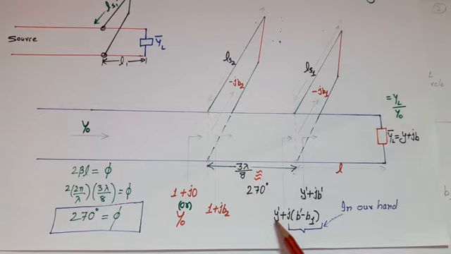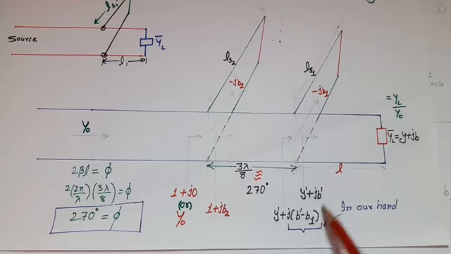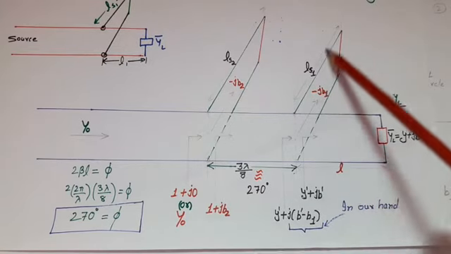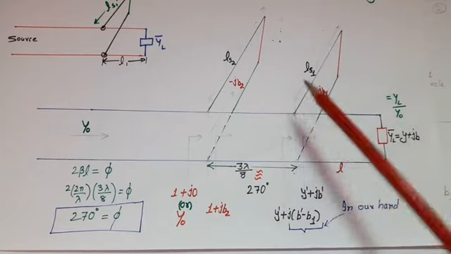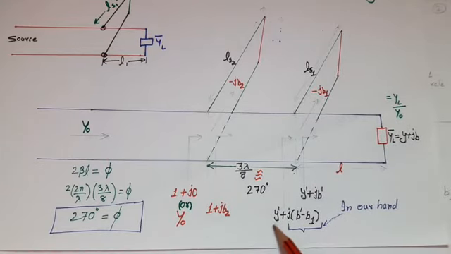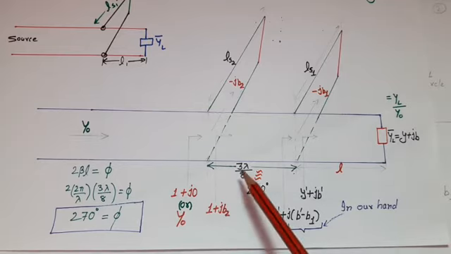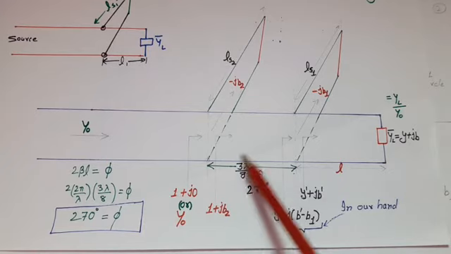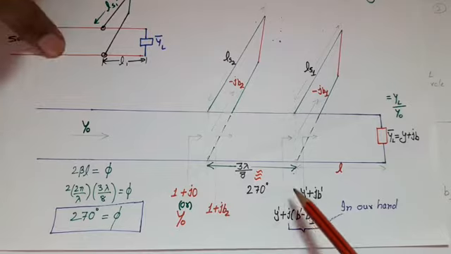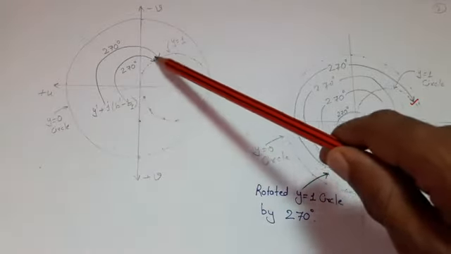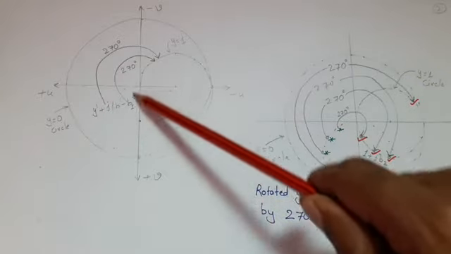Now if we see this admittance carefully, the value of the imaginary part, that is B dash minus B1, is in our hand because we can manipulate it just by changing the value of B1, and the B1 value can be changed just by changing the length of the first stub. So this value is in our hand, but this real part Y dash is not in our hand, and we want to convert Y dash into 1 after a movement of 3 lambda by 8, because in the Smith chart 3 lambda by 8 is equivalent to a 270 degree angle. Therefore, in the Smith chart, this transformation indicates that whatever position this admittance lies at in the Smith chart, after a rotation of 270 degrees in the clockwise direction, we should fall on the Y is equal to 1 circle.